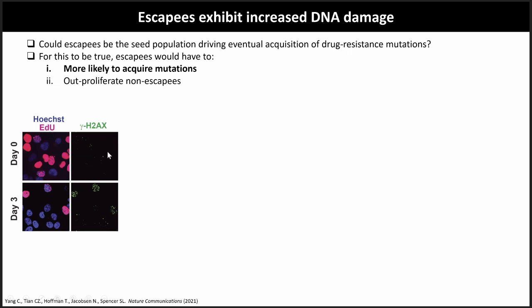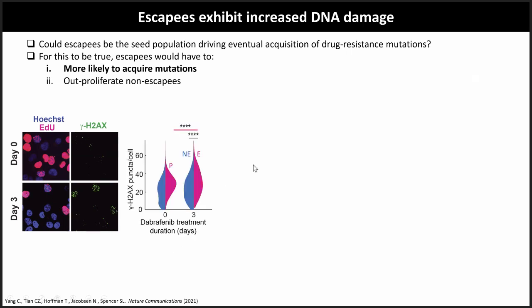And we saw very little DNA damage signal in untreated cells, but this signal is upregulated after 3 days of treatment, and it's upregulated fairly specifically in the 3 cells that happen to be escaping and in S-phase at that moment. So this is quantified here for thousands of cells, and we can see that the SKPs have higher damage signal compared to the non-SKPs and compared to untreated proliferating cells.